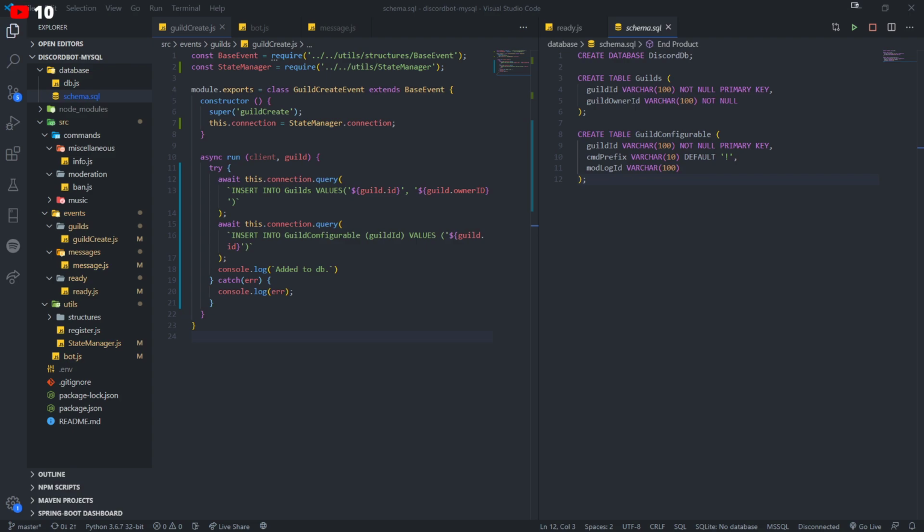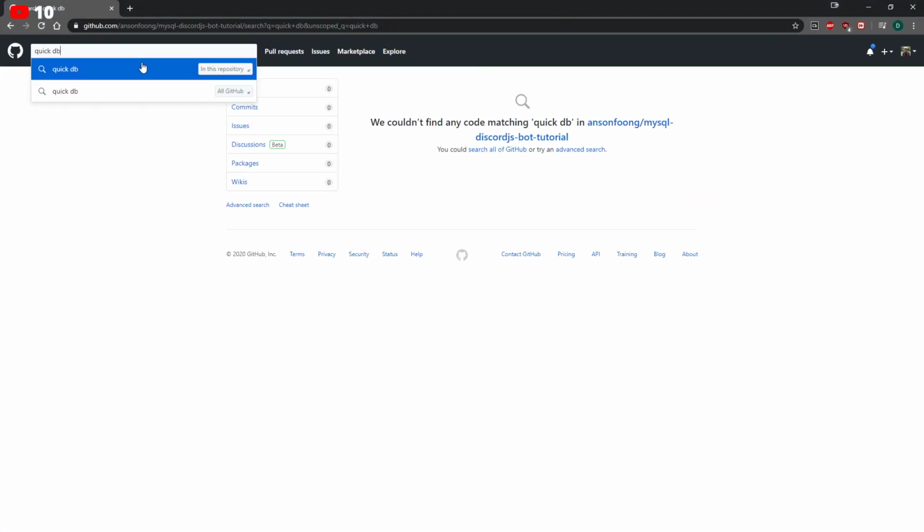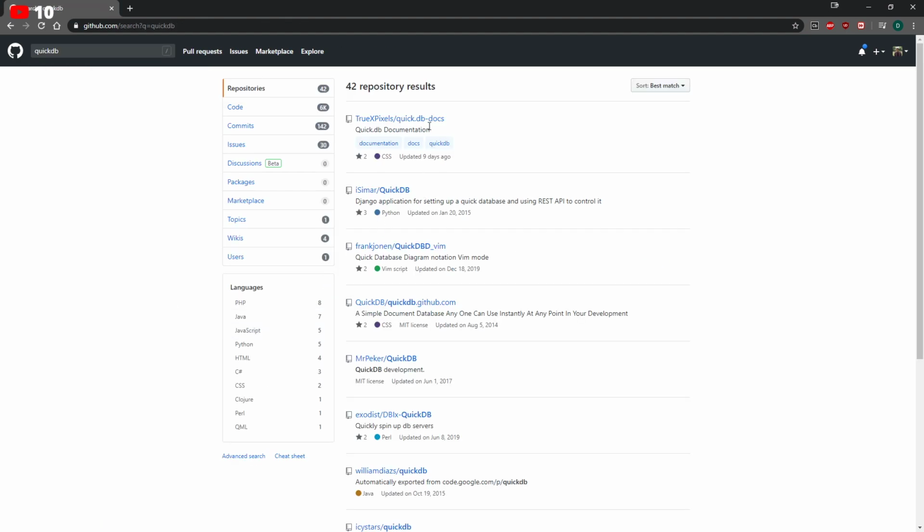I was thinking about this thing called QuickDB that was made by, I think, PlexiDev, the YouTube channel. And I was like, wow, this is actually pretty cool. Let me see if I can make my own version. I'm not sure if they still maintain it. The last time I heard, QuickDB was not maintained anymore, and it's not compatible with version 12. I feel like I can make a QuickDB version that's pretty dope.